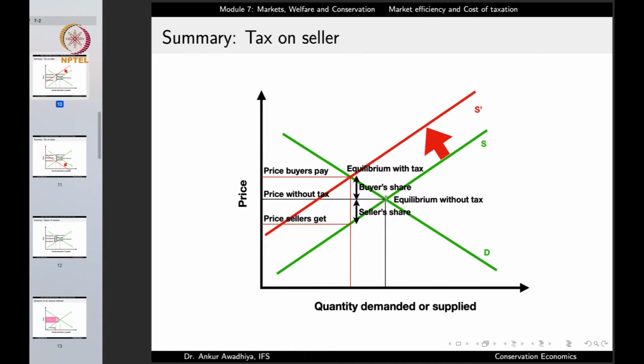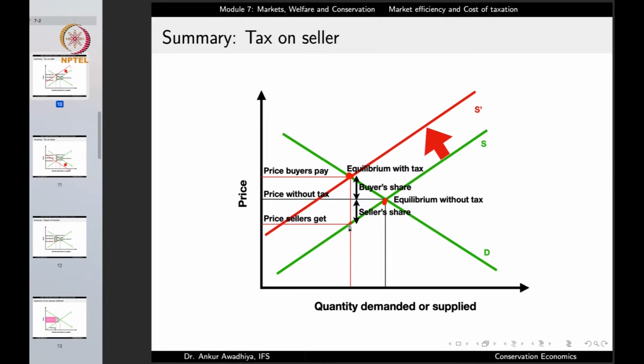Now, earlier the equilibrium was at this point, and now the equilibrium has shifted to this point where the red curve, the new supply curve, and the demand curve intersect. So this is the equilibrium without the tax, and this is the equilibrium with the tax. Now, earlier this was the price without the tax, the price that the buyers were paying and the price that the sellers were getting. But now, when we have shifted it to the left, the buyers are paying this price